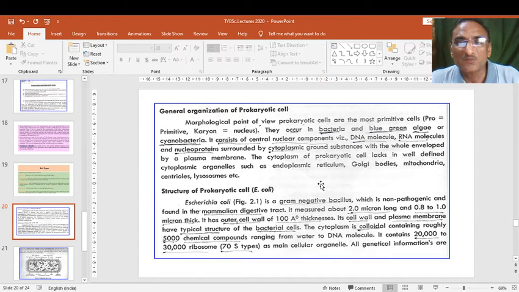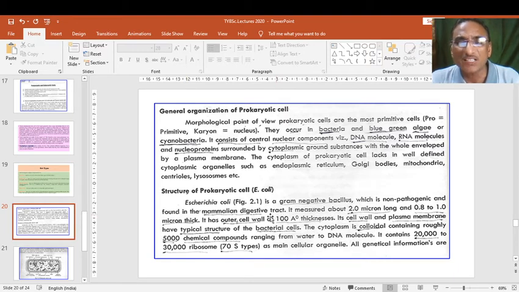Now, what is the structure of this prokaryotic cell? We will study the example of bacteria, the famous Escherichia coli bacteria. If we see this bacterial structure, we can easily understand what the structure of a prokaryotic cell is. The Escherichia coli diagram is shown in the next slide, but prior to that we will see what this bacterium is. E. coli is a gram-negative bacillus, which is non-pathogenic, meaning not causing any harm to human beings or any other organism, and is found in the mammalian digestive tract,